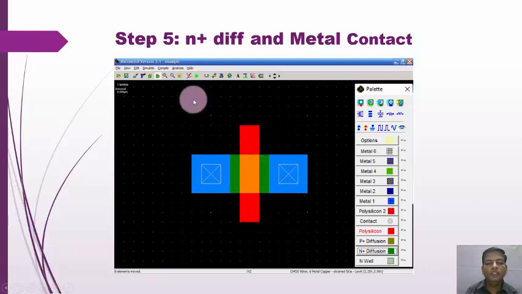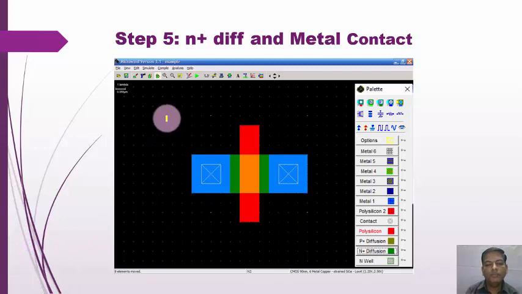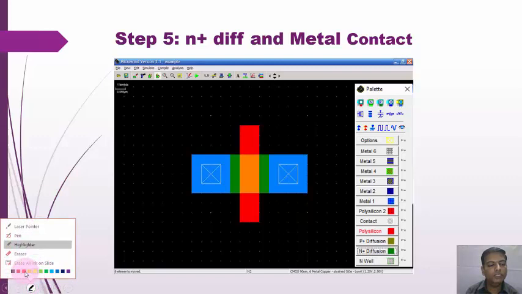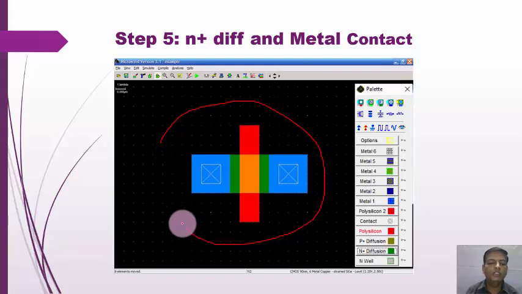So in this way the total NMOS formation process is there, and we get the idea about the NMOS layout.